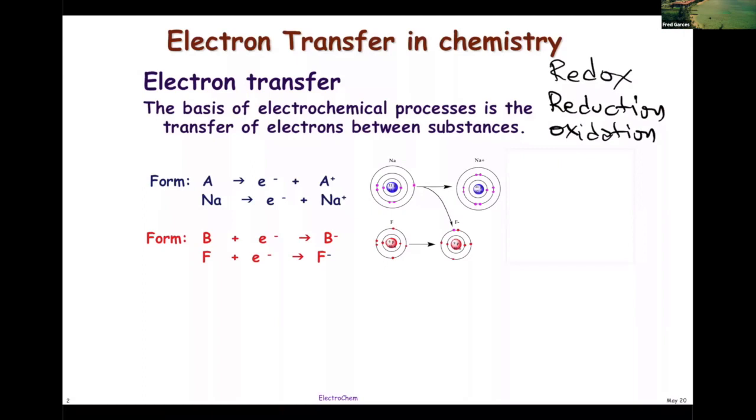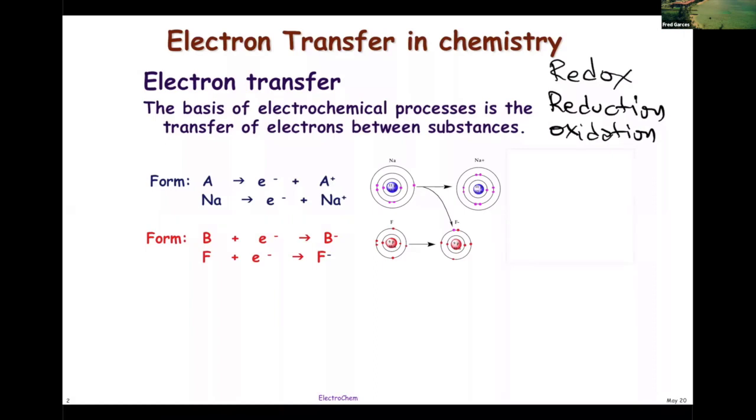That's why electrochemistry can be so confusing, because it seems like the opposite concept. And the reason why it seems like the opposite concept: when you gain, you reduce. When you lose, you oxidize. The reason why it seems like the opposite is because electrons are negatively charged. Okay, so